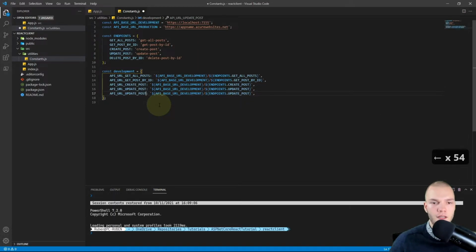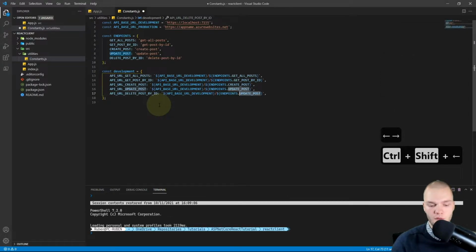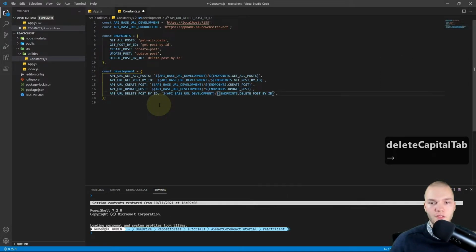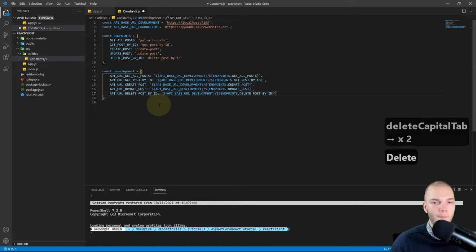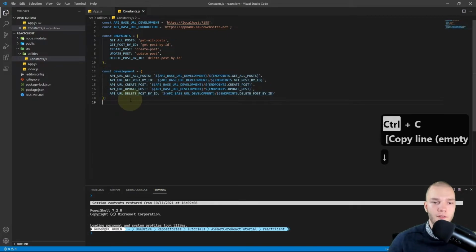Copy it down again one final time, and that will be API_URL_DELETE_POST_BY_ID. And we will use endpoints.DELETE_POST_BY_ID. Okay, so these are all the endpoints for our development environment.